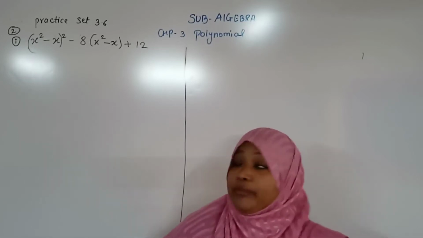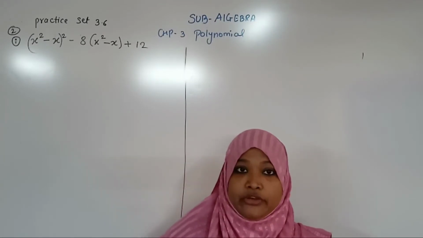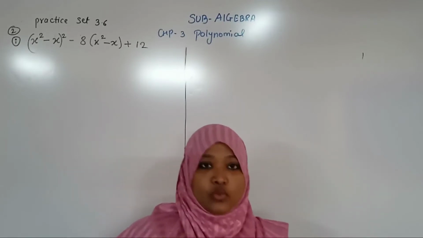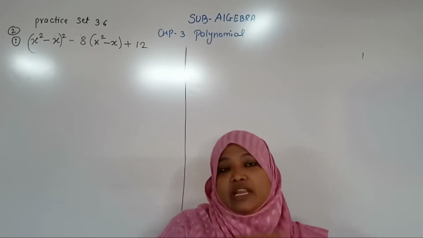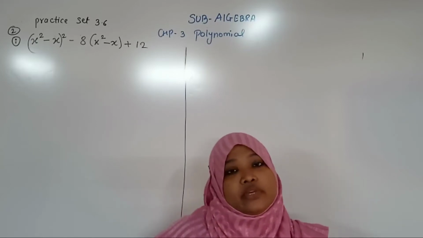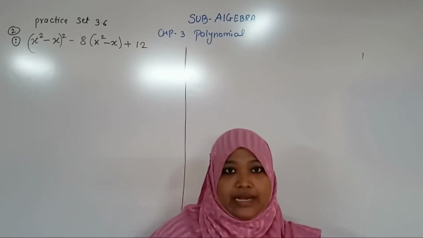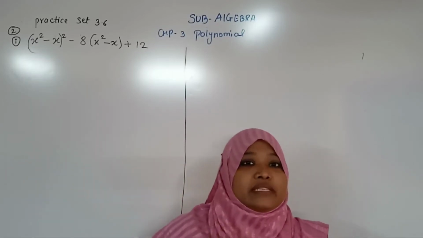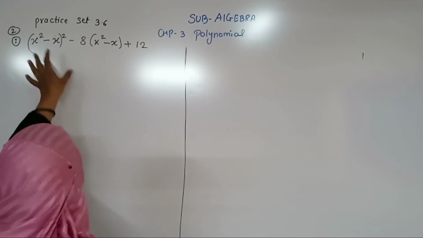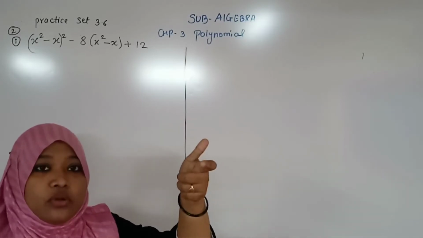Factorize the following polynomial. The polynomial is given to you. You have to factorize. Before this I had also uploaded one video about factorization. You know it now. So what is the factorization? Square variable number. First term and last term we multiply and we want the middle term. You know the pattern that we have already learned in the previous lecture. Student, the same thing we have to follow, though some things are different, but the basic concept is the same. Shall I start? Now we have to identify these two terms in the question they have given us: are they the same sequence or not, same terms or not.